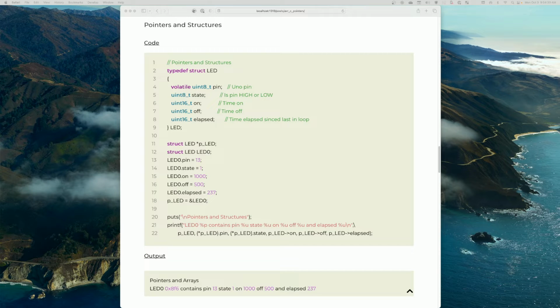and it's similar to the one that I used for the blink without delay example on structs. And so the members of the struct are pin, state, time on, which is on and off, and elapsed. So I have that type definition of struct LED defined, and then in lines 11 and 12, I also define a pointer to that struct, and I declare a variable of type struct LED,